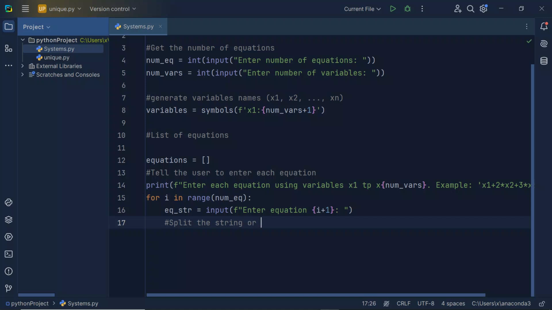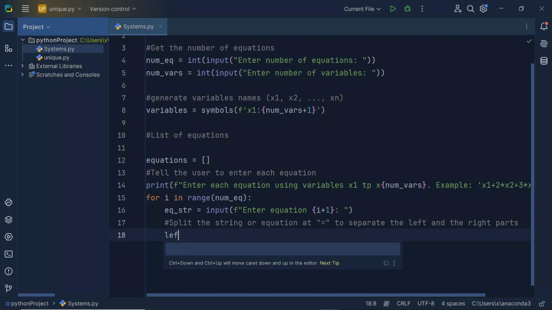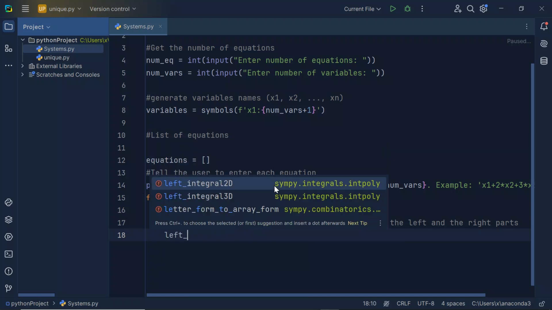Our equation, you want to split this at the equality part to separate the left and the right parts, okay? So once we have this, this is what we're going to do: left part, okay,